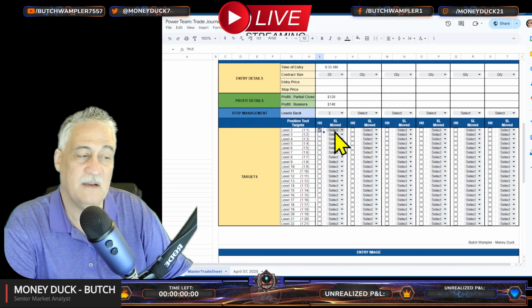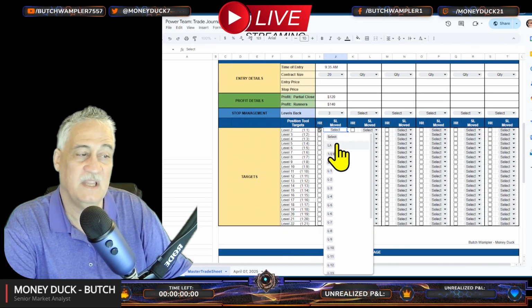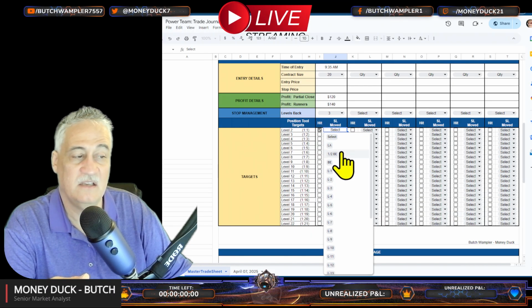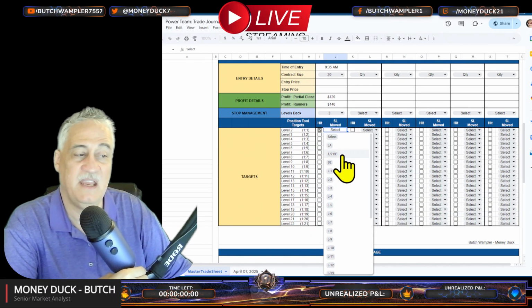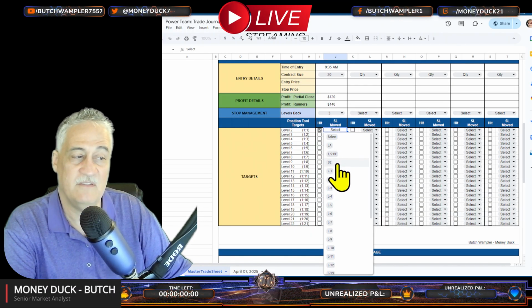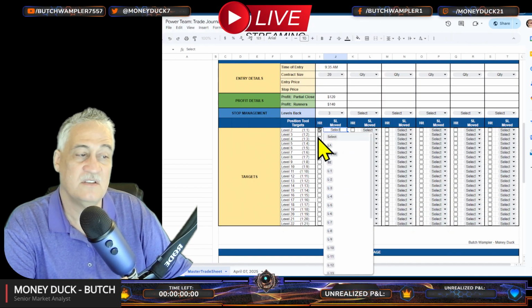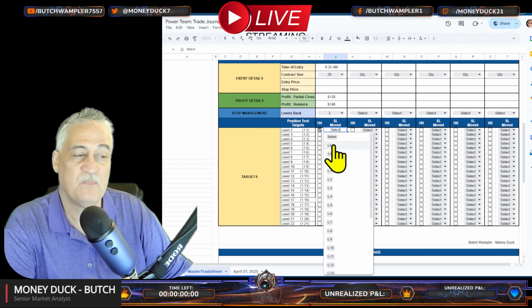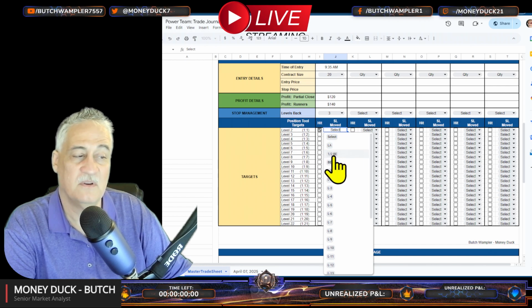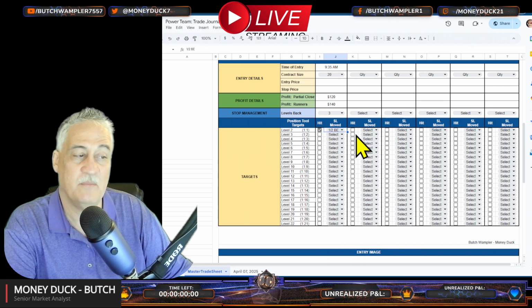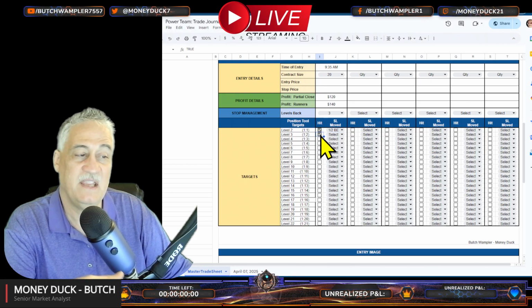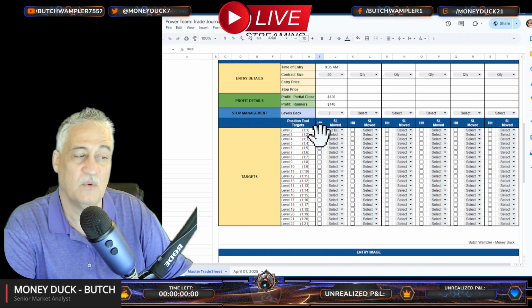Okay, but basically as a level's hit, so it hits 1 to 1, what are you doing with your stop? Are you leaving your stop alone? Are you moving your stop halfway to break even? Are you moving it to break even? Now it's only hit 1 to 1, so you're not going to move it to 1 to 1. So typically when it hits 1 to 1, you're either going to leave it alone or move your stop to halfway to break even. And then when it hits this level, level 3, which is 1 to 2 risk reward,